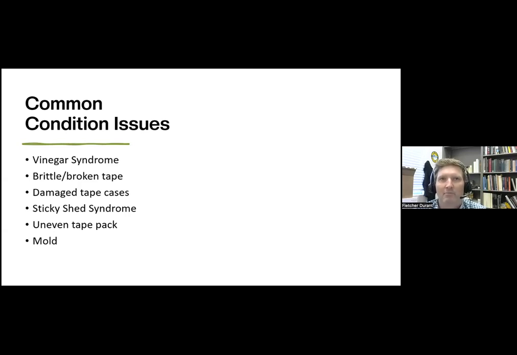Generally, magnetic media is not a great host for mold. There's not a lot there for the mold to consume. On film, it's more likely that there could be mold, as the gelatin layer provides a food source for the mold. You may sometimes see a